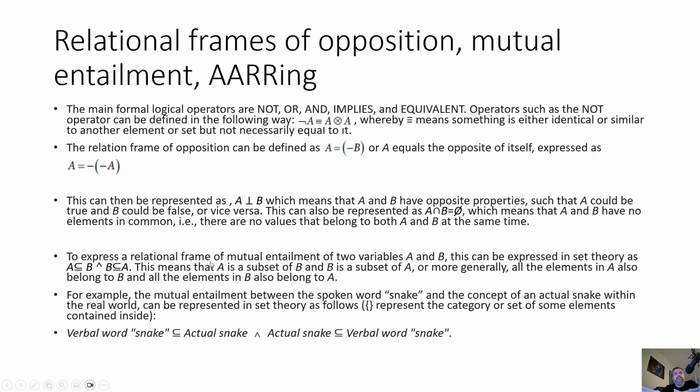So to express the relational frame of mutual entailment of two variables A and B, this can be expressed in set theory as A, and this here means subset of B. So A is a subset of B. This symbol is and, B is a subset of A. So it's implying some mutual entailment between the two. This means that A is a subset of B and B is a subset of A, or more generally, all the elements of A also belong to B, and all the elements of B also belong to A, which implies